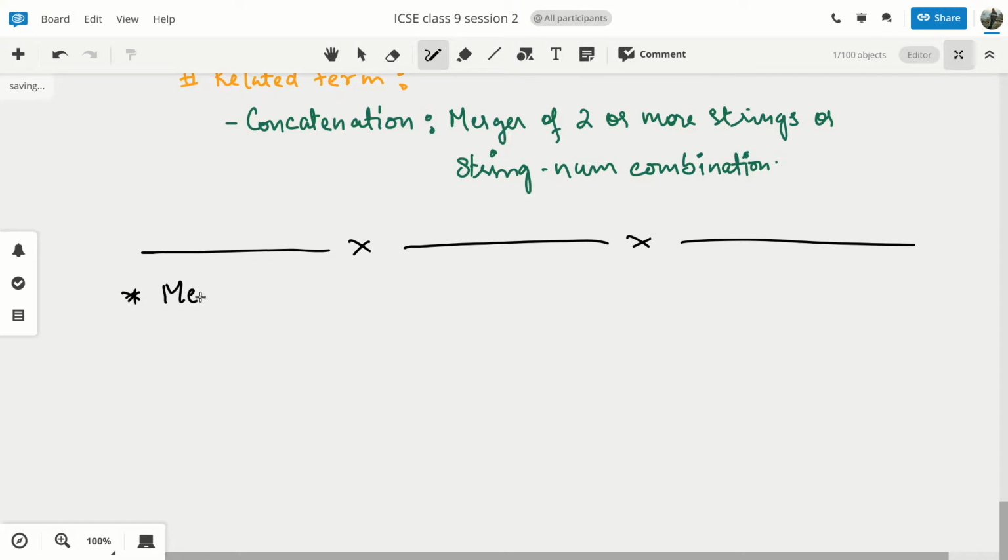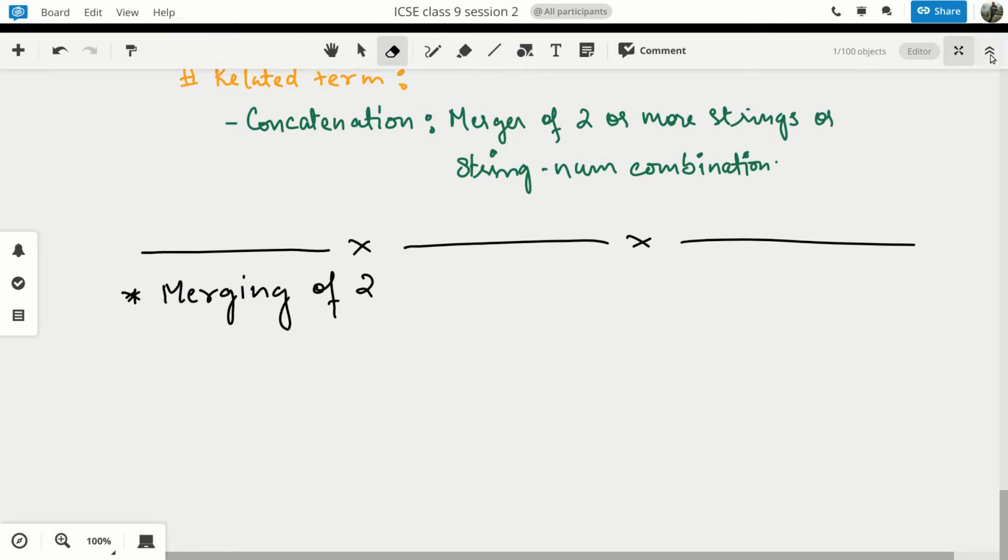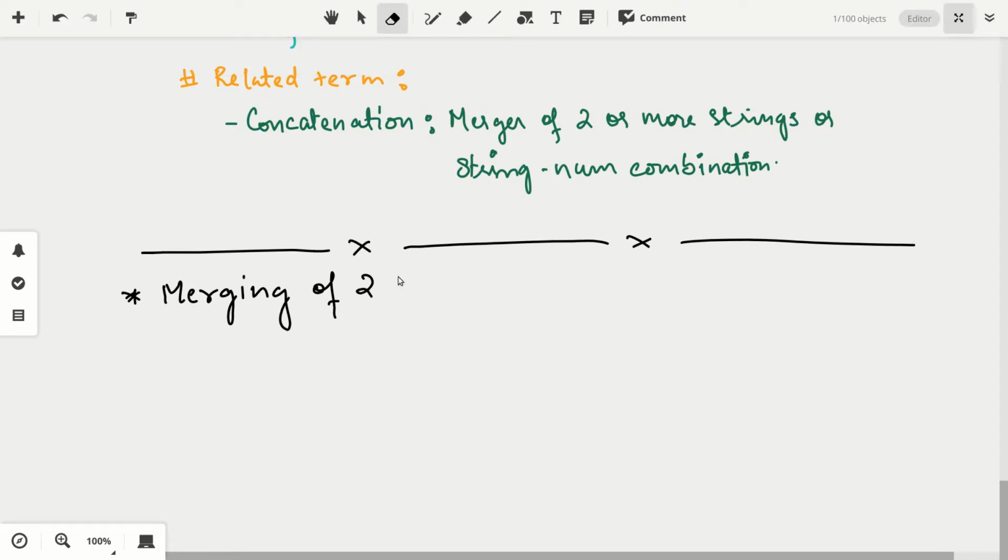So, merging of two messages, two or more, not only two, you can have any number of messages.